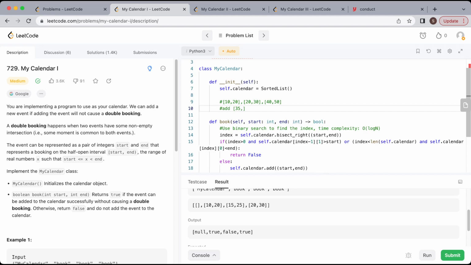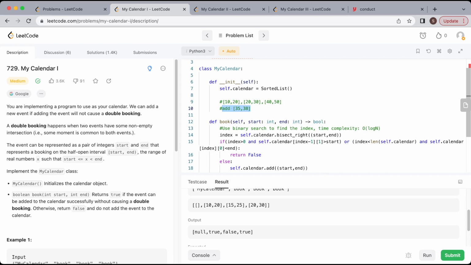the previous one, 35, 38. So after we use the binary search to find the position here, so for the sorted list, this one, and if we want to add the new tuple 35, 38 into it, by using the binary search function, we will find the return value as 2, which is the index here. So we need to find out whether the new index will have any overlapping space for the